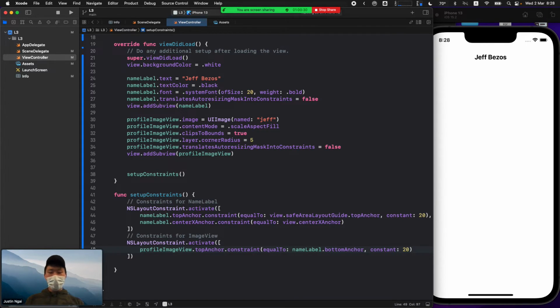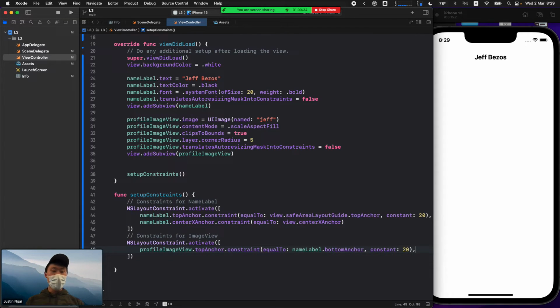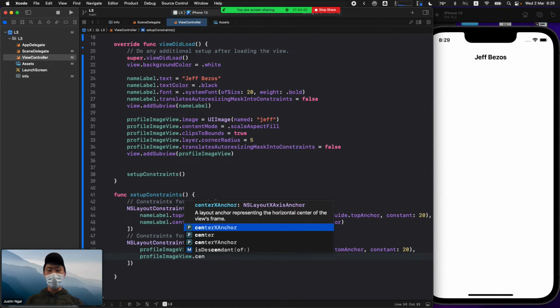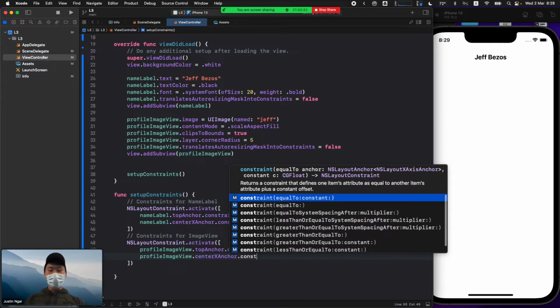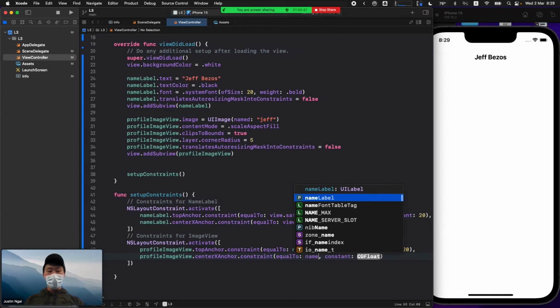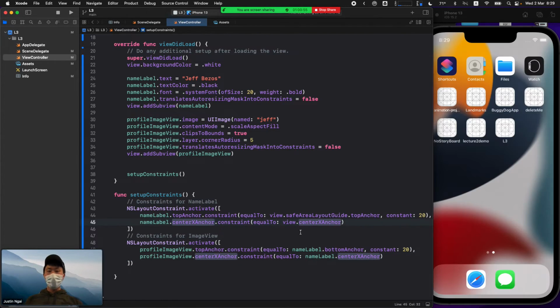So that gives me the top anchor. Now I remember to put a comma here because this is a list, right? And now I want to specify the center. So again, I'm going to use the center x anchor dot constraint equal to the name label's center anchor, because I want them both to be center aligned. And I don't need an offset because I want them to be exactly aligned at the center. So if I run this